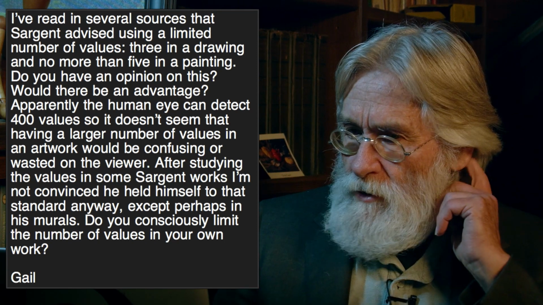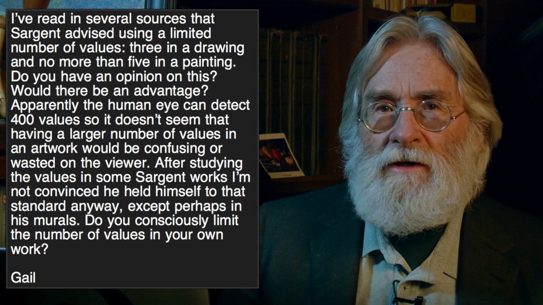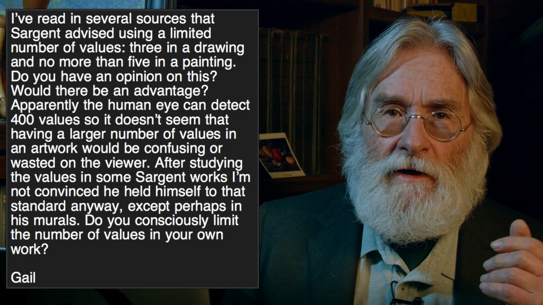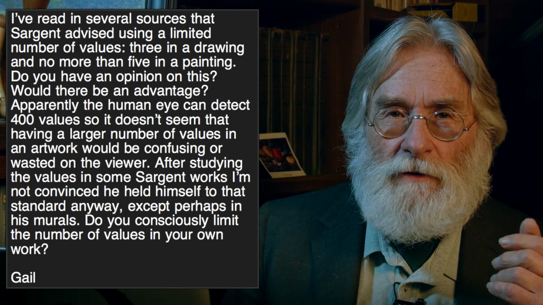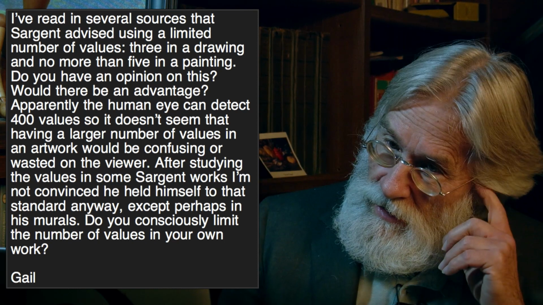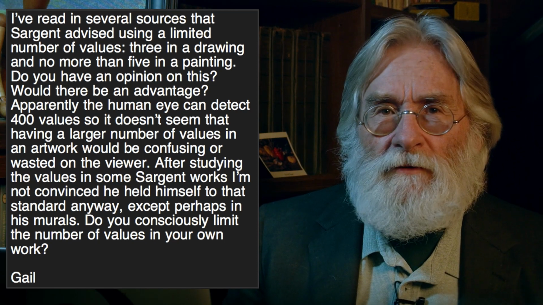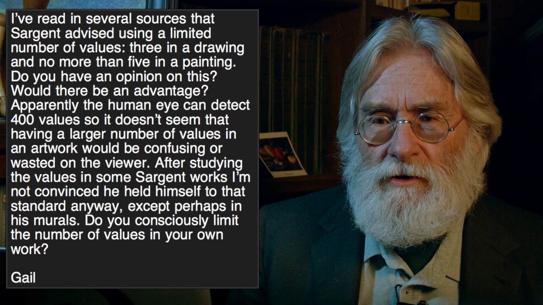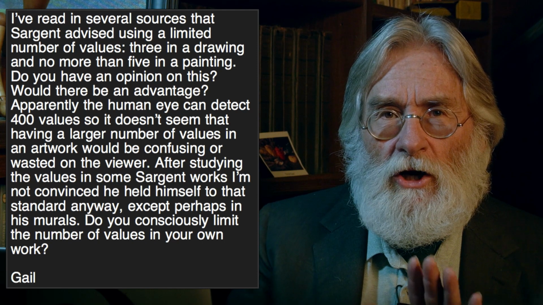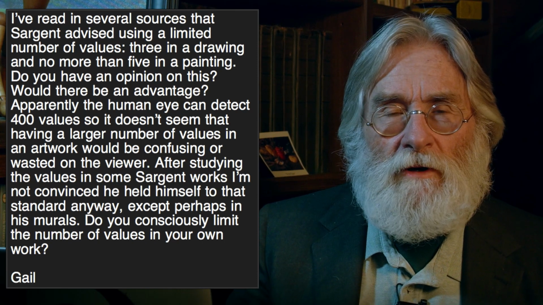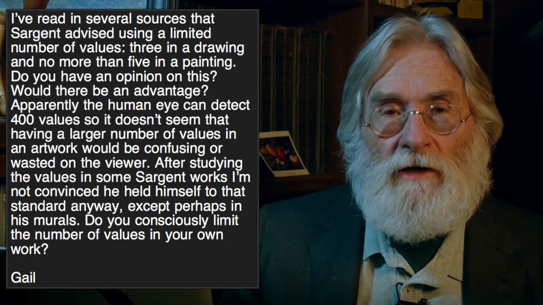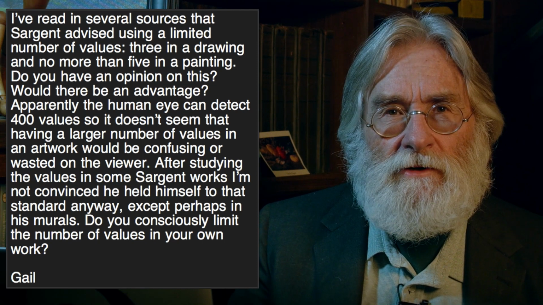So what we're talking about now, it would be simplistic to say that Sargent's work had 3 values. Anyone looking at his work, at virtually any piece of it, including the murals, which are the least extensive that way. But that's purposeful. When you're reducing the number of values, partly what you're doing is trying to correspond with the relatively low or minimum number of values in the walls and the architecture and that sort of thing. So there's a reason why you might